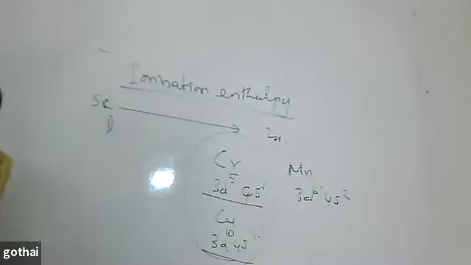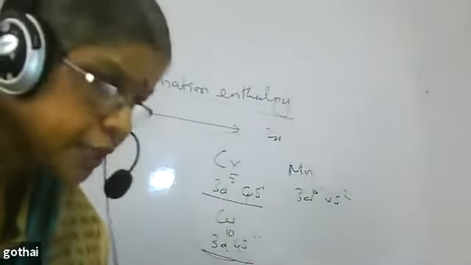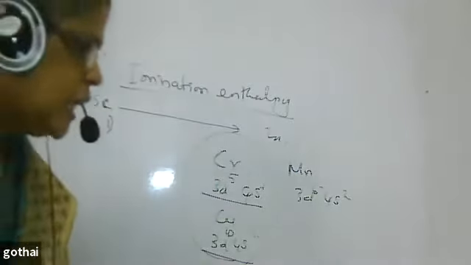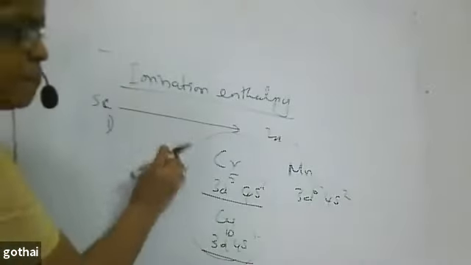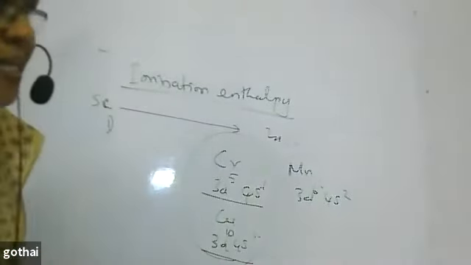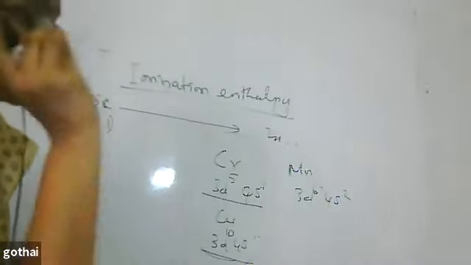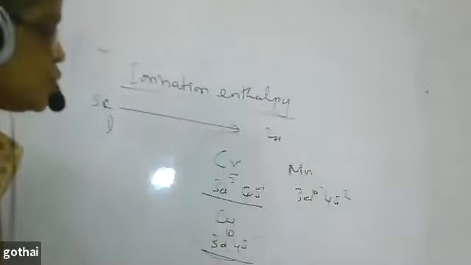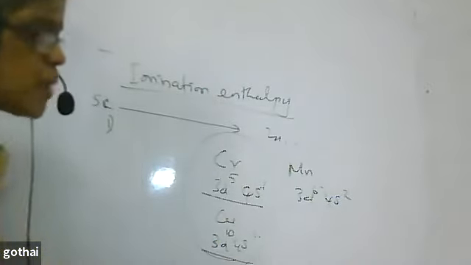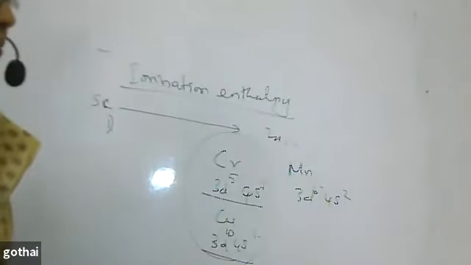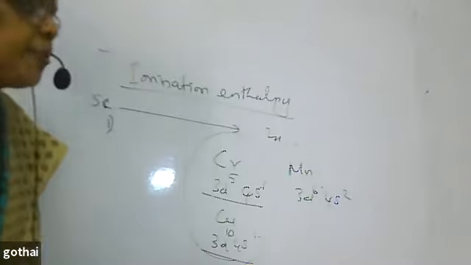That you write down. Otherwise, if you have your book at your side, I can explain, but understand the concept. Simply, you can say that irregularity in the ionization enthalpy of 3d series is due to extra stability that arises due to 3d5 4s1 in chromium and 3d10 4s1 in copper. Because of that, ionization enthalpy is not regular. That is enough for you.